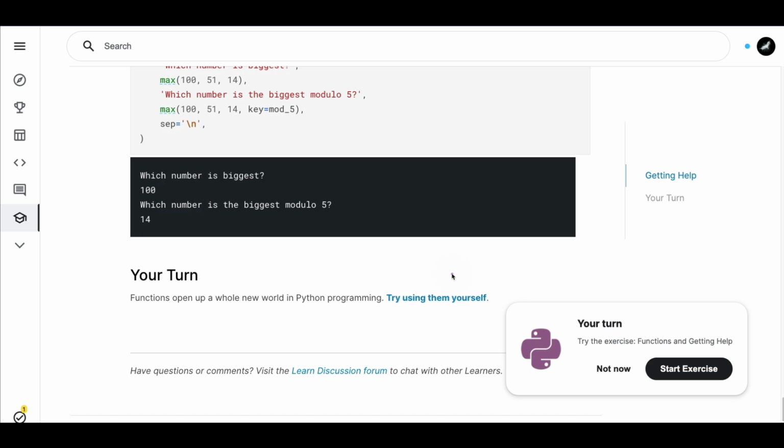Now at the end of this, we have successfully finished the second, or I should say third day, where we learned how to get help and we learned about functions. So now let's start with